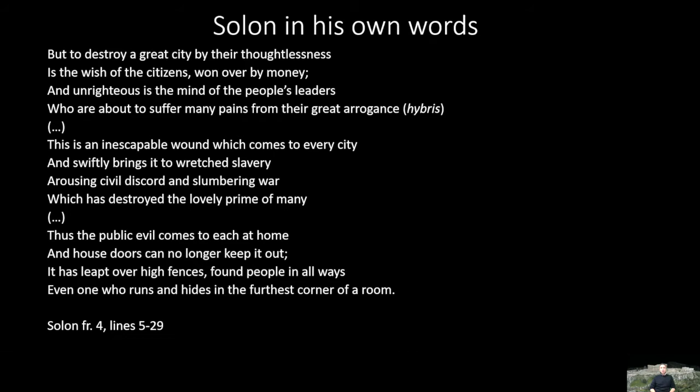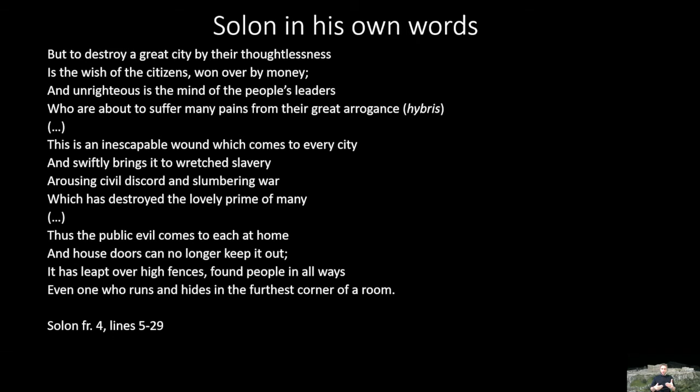This is an inescapable wound which comes to every city and swiftly brings it to wretched slavery, arousing civil discord and slumbering war, which has destroyed the lovely prime of many. Thus the public evil comes to each at home, and house doors can no longer keep it out. It has leapt over high fences, found people in all ways, even one who runs and hides in the furthest corner of a room. So what we've got here is Solon setting up what he sees is the